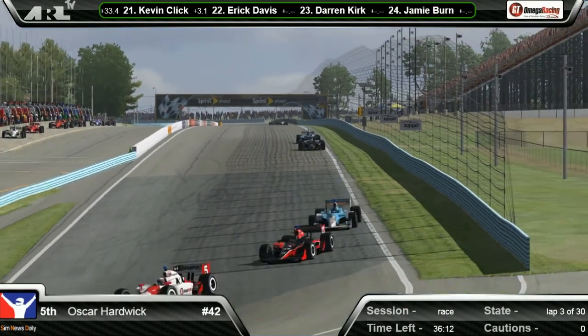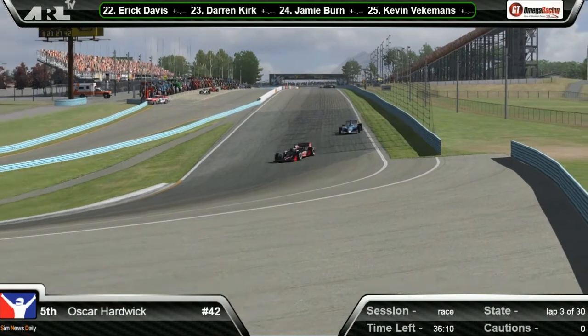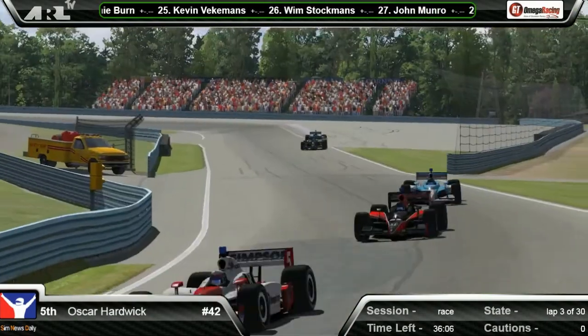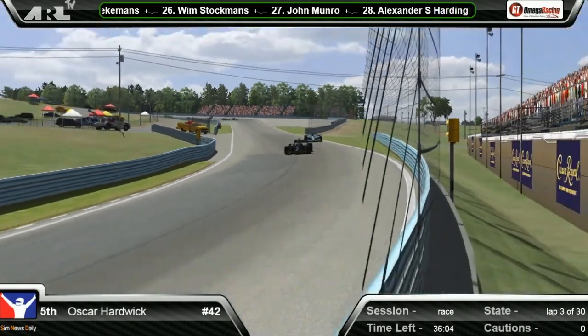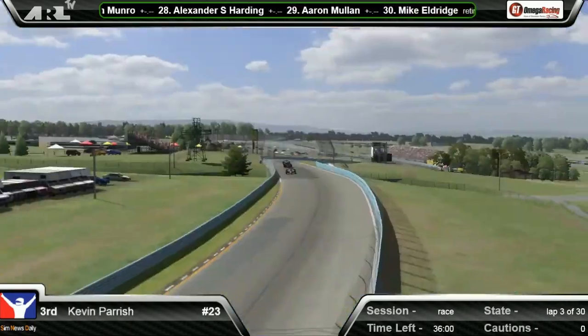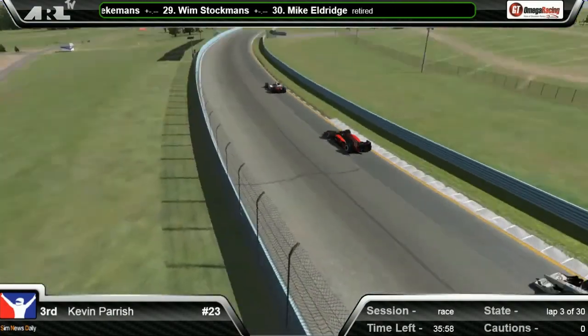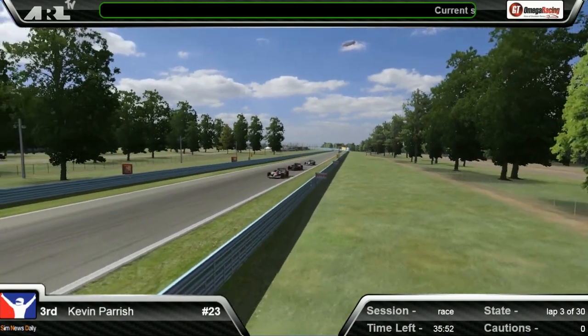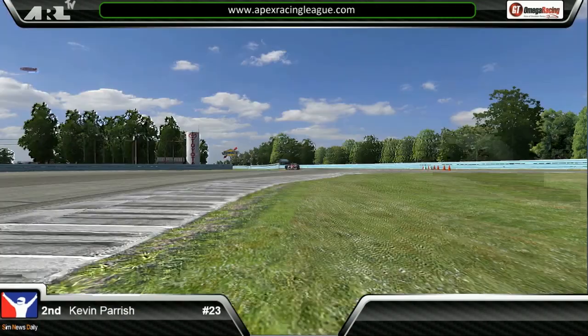Oscar Hardwick's done a great start as well. I'm sure Torrent Motorsports are going to be very happy with one of their newest drivers, up into 4th place. Good start from him. Yeah, it's a bit unfortunate that his teammate Ricard couldn't join him for the first race, but we've been assured that he'll be here for round 2 at Road America. So as Jerome perhaps has a little look at Oscar, but again we'll just focus on the leaders going through